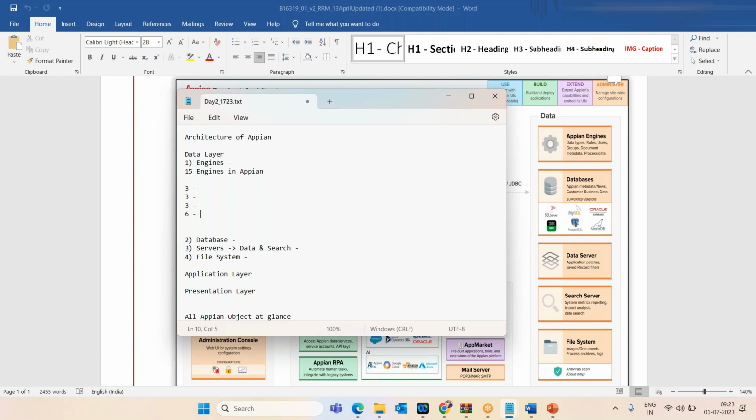It is just for your knowledge. Okay, this level no one will ask you, but it's better that you have the knowledge. The first one we can say is the process analytics engine. The second one is the process execution engine. So whenever I'm saying process analytics,